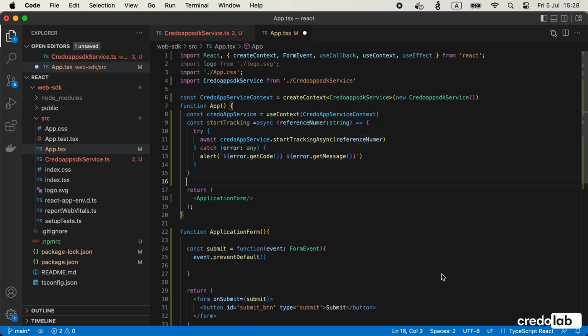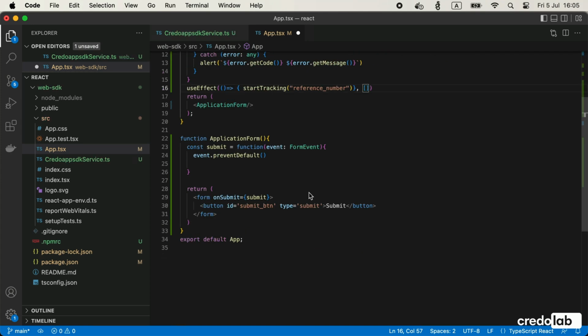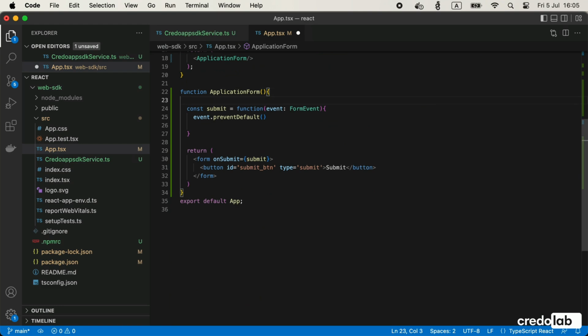Let's start the tracking process by passing the function to useEffectHook. As mentioned earlier, we need to pass the reference number associated with the user and collected data, ensuring it remains the same throughout the entire user flow until the complete method is called. This value can be stored on the server side, allowing retrieval if the user switches browsers to continue filling out the application form.